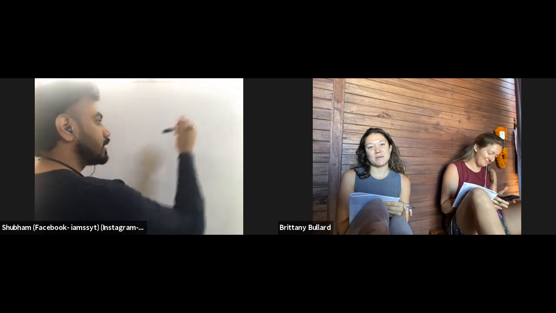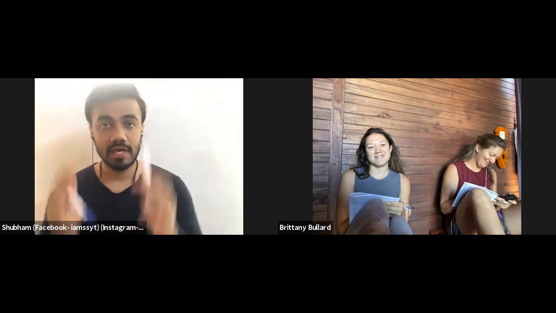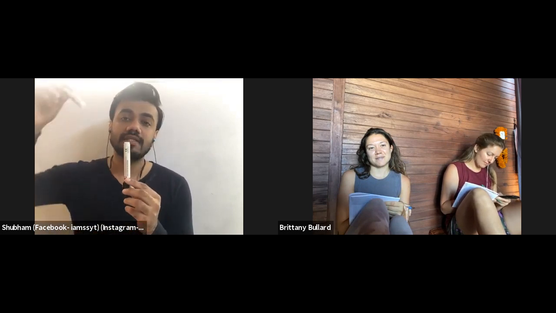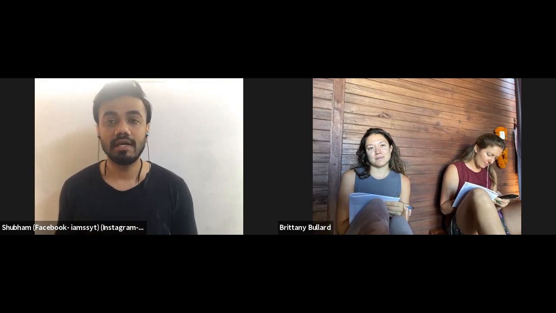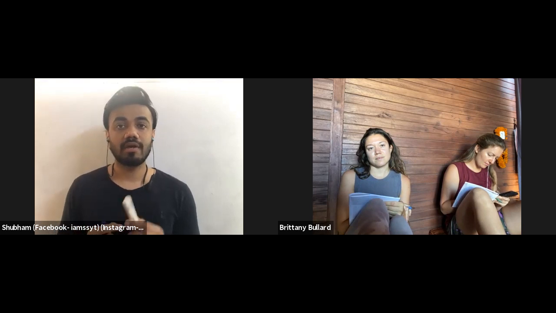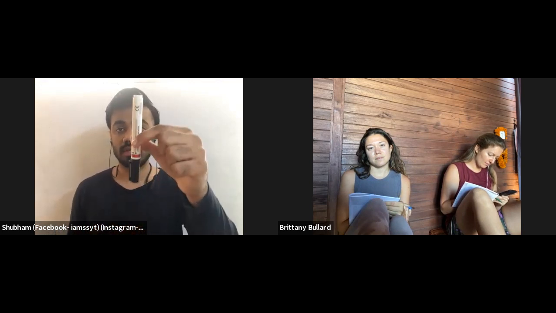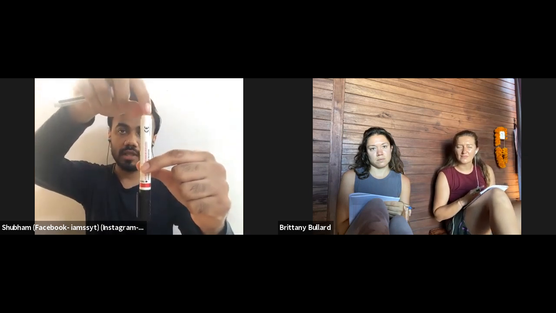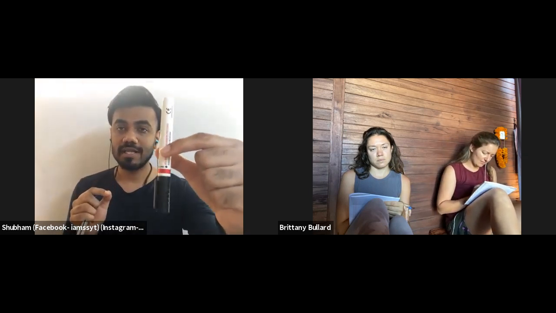So when we cut that cross section, I told you what is there inside the long bone. When we cut the long bone, it contains a central canal inside, and what does the central canal do? It provides the nourishment to the bone. For example, if we consider this marker as a long bone, inside this bone there will be a refill. So inside this marker, there will be a refill, which makes this marker work.